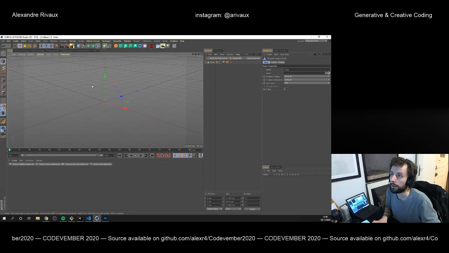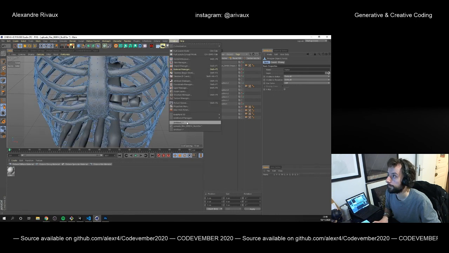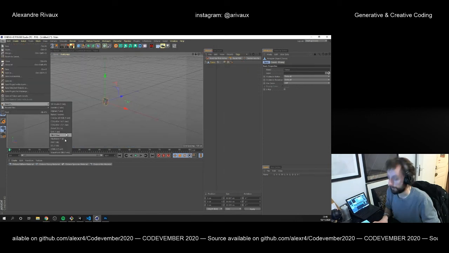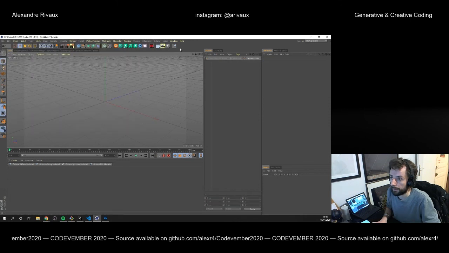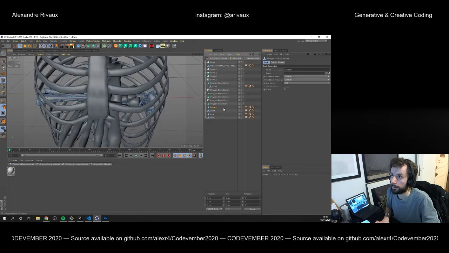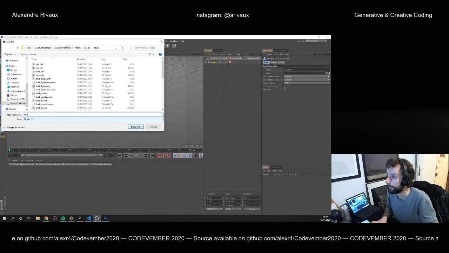Okay, go back in here, take the torso, export torso. Okay, delete, and go back here and take the forearm. I'm not sure about using all of them, but you know what, let's try. This is the forearm. Okay,